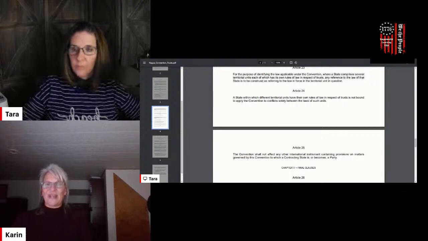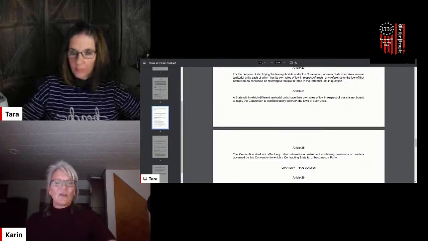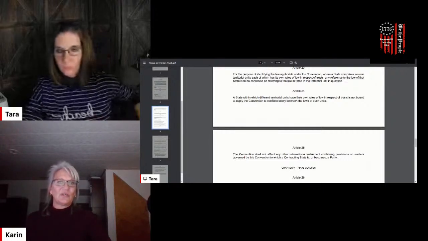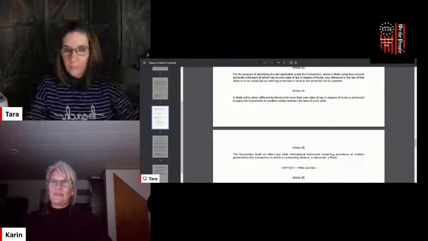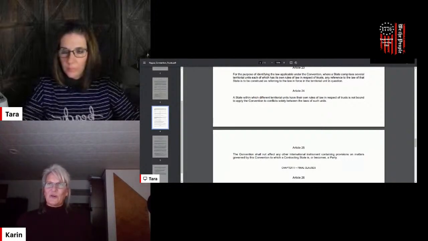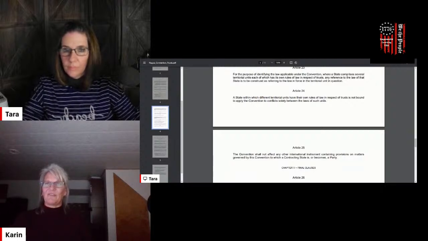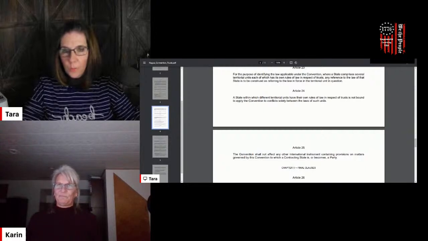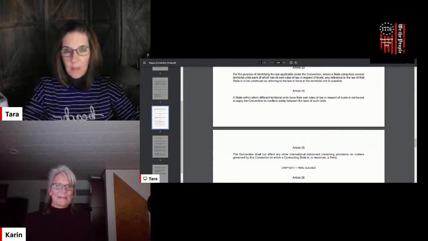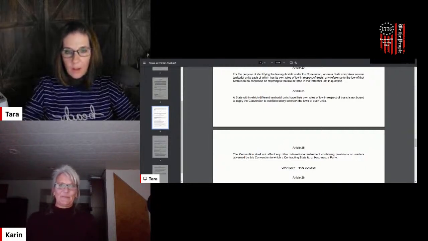A contract is a convention, an agreement, right? So when we read Article 25, we have to look at who becomes a party. Well, who becomes a party is the signers, right? That's who becomes a party to the convention, to the contract. So you could also reread that last statement and say, let's see, to which a principal is